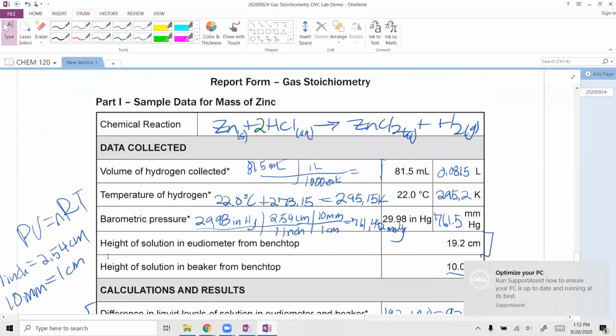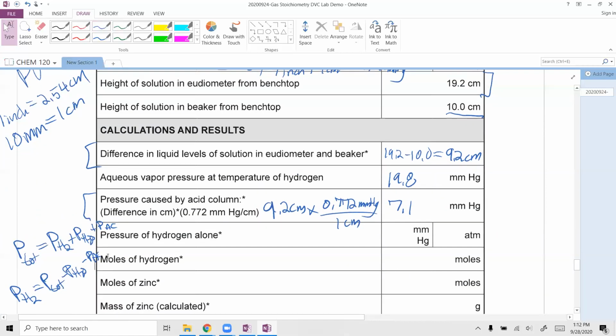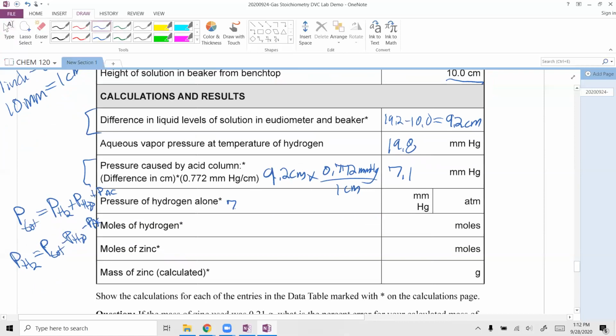So our total pressure was this 761.5. Our water vapor is 19.8. Our acid column was 7.1. And so that gives us 761.5 minus 19.8 minus 7.1,